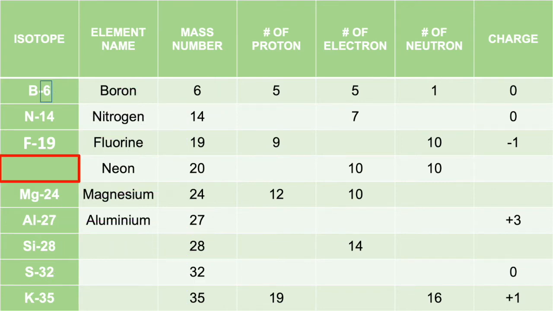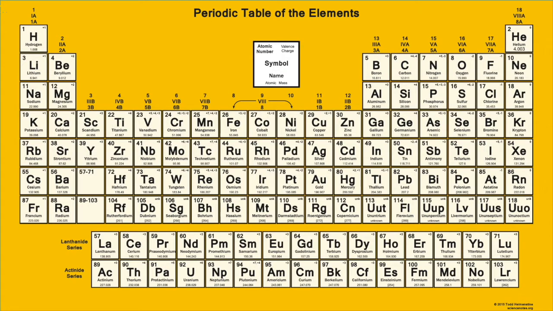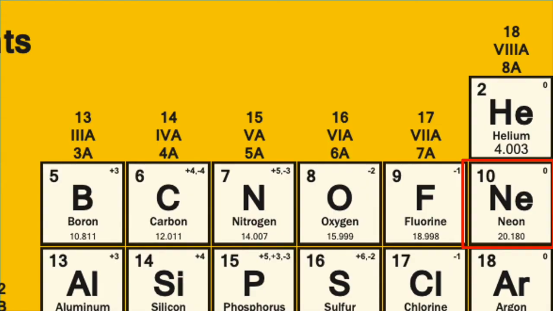Now, let us proceed to neon. Look for neon in the modern periodic table of elements. Neon can be found at the rightmost side of the periodic table of elements, second from the top. So neon is beside fluorine and under helium. Neon has a symbol of capital N and small e, and it has a mass number of